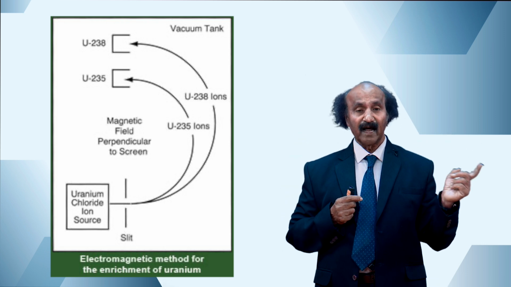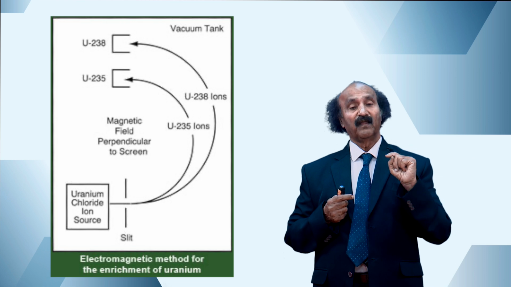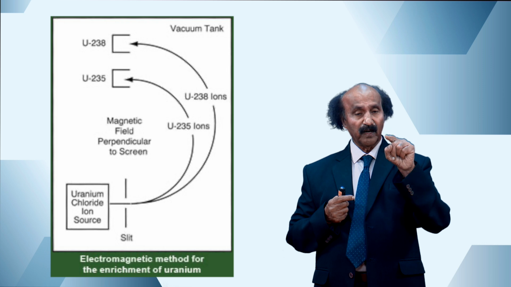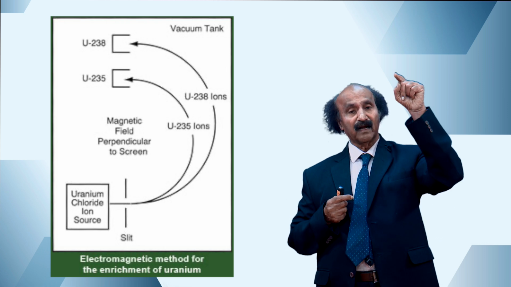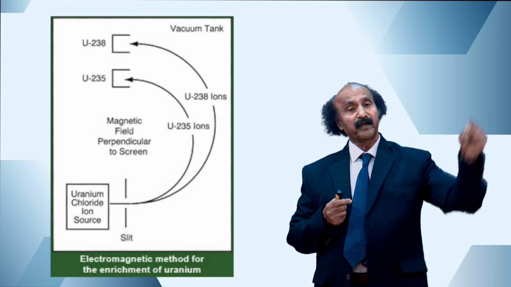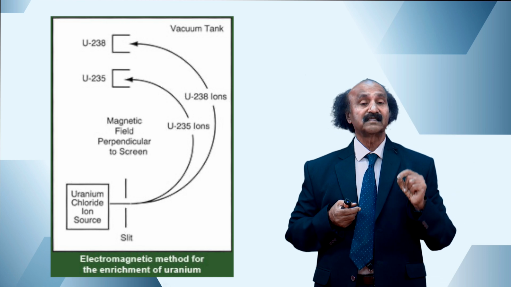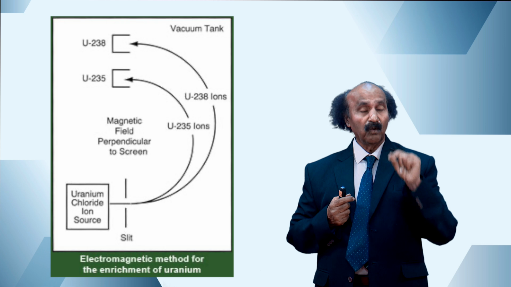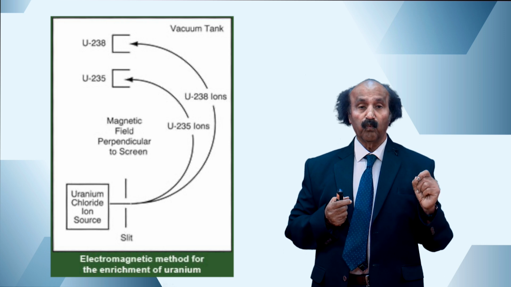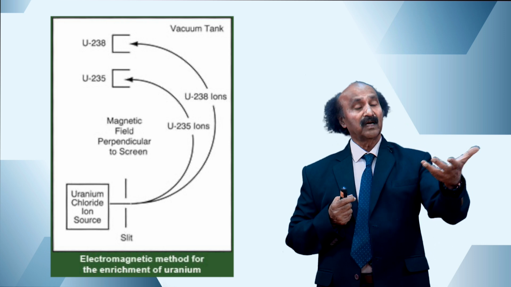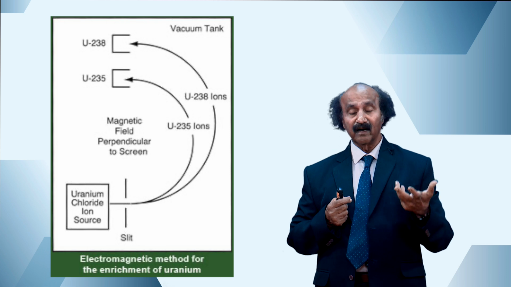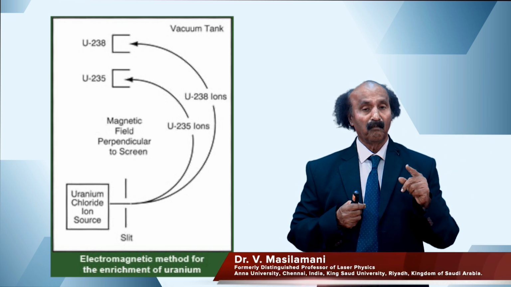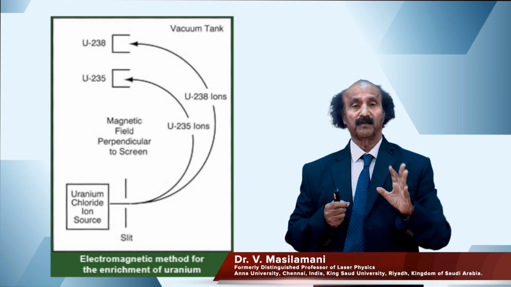Then I send another photon. This photon will kick the atom at the top of this one. It will be kicked from here to another higher energy level, and from there to another energy level. At some point, that particular isotope alone can be ionized. Once it is ionized, you can apply a voltage or a magnetic field and take it away. This is what you mean by multi-photon excitation.